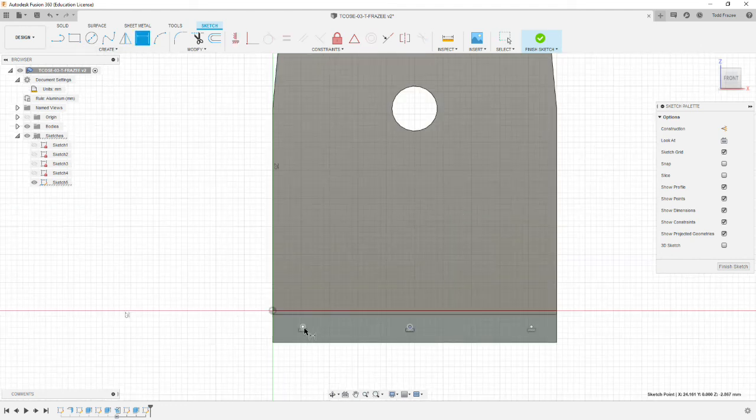Dimension from one of the points to the edge of the part to give us our 3mm distance,